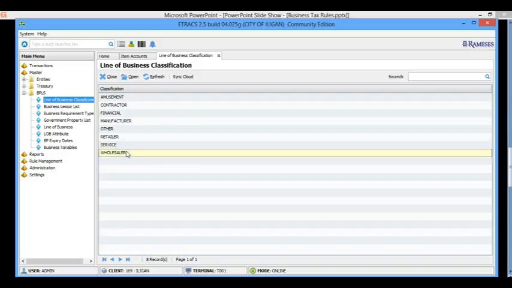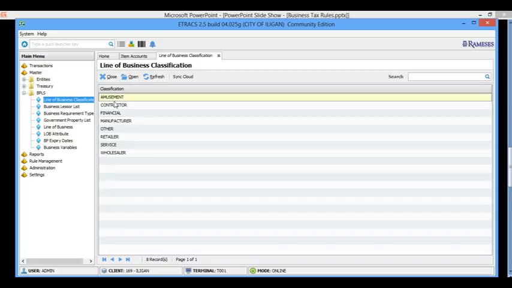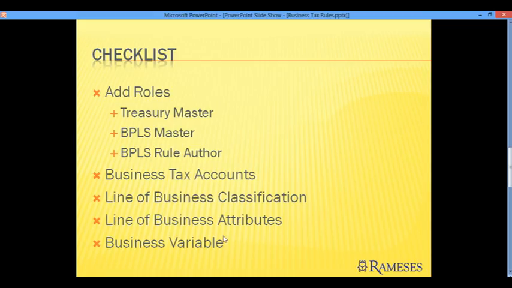Okay. Now financial, these are for the banks and other financial institutions. We don't add as many here so as to simplify things. Okay, next on the checklist is line of business attributes.